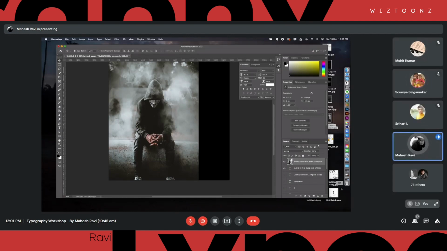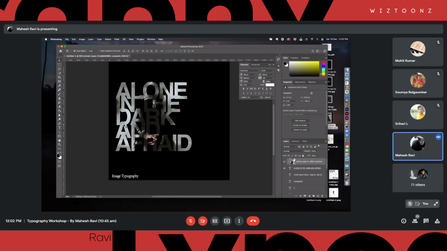The clipping mask is where you press Alt on your keyboard and click on the middle portion between these layers. The image will be clipped into the layer below it. If I do this, it comes like this. Now it's much more readable than the previous version, because there is going to be some drama there. If I move this around, I can bring the face right here. Can you see the drama we are creating with that picture in the typography?